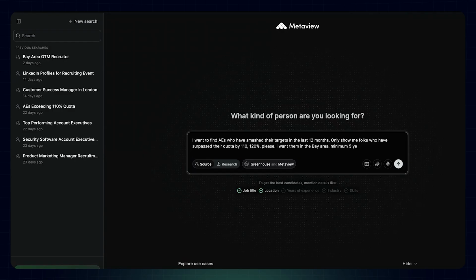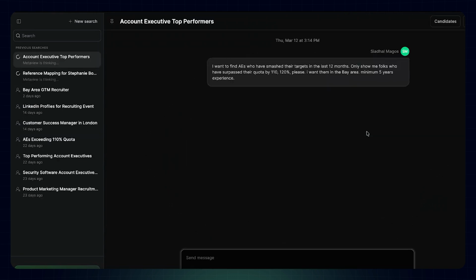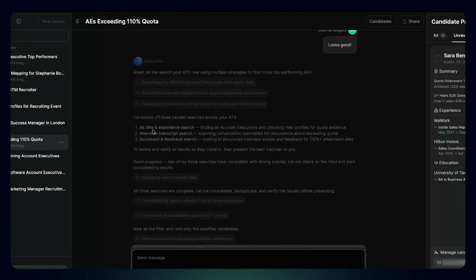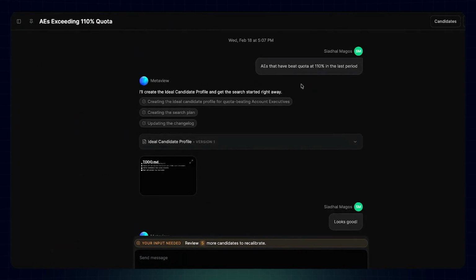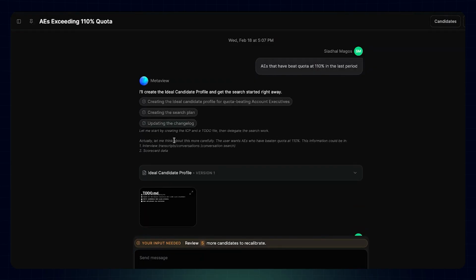5 years experience. And so I can now go and tell the agent to go off and discover, but again, only looking at people that I've actually spoken to. I'm going to jump over to what that looks like, just because the agent takes a few minutes to actually do it. So just to save people's time, what you'll see is the agent sort of makes its plan.